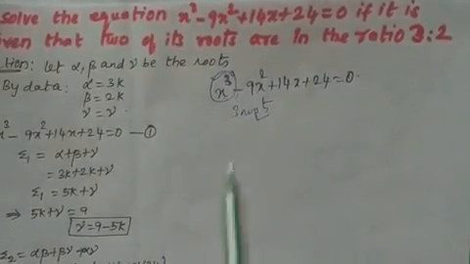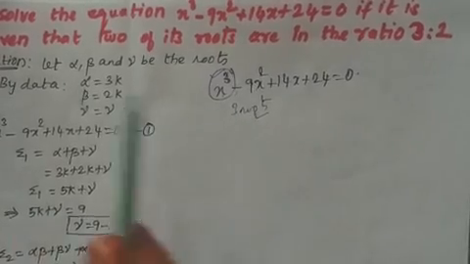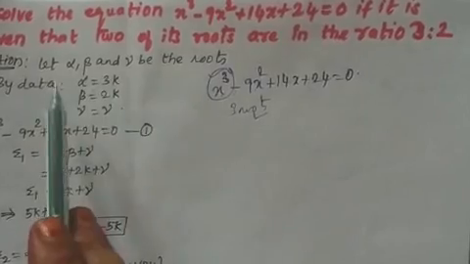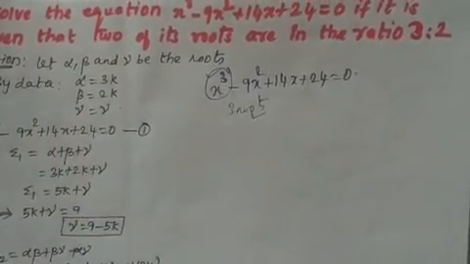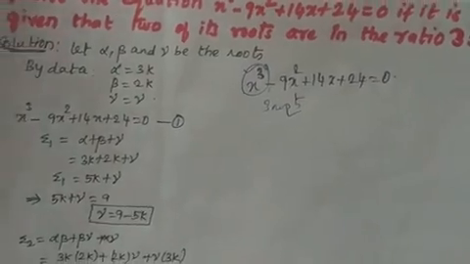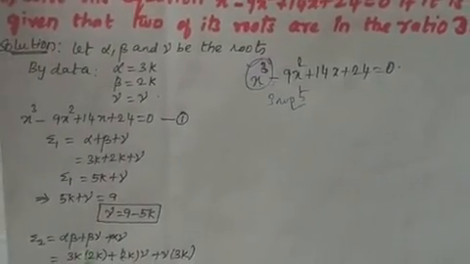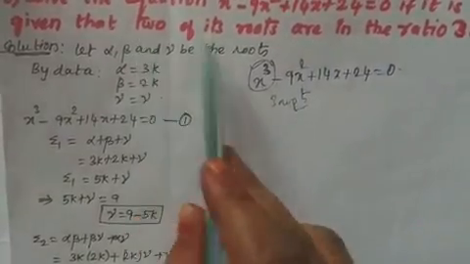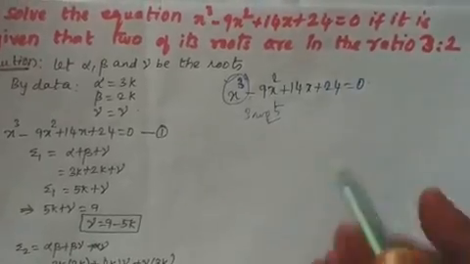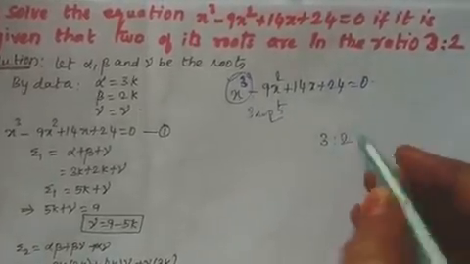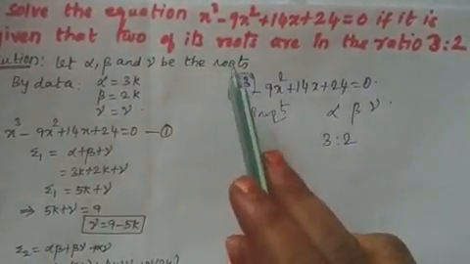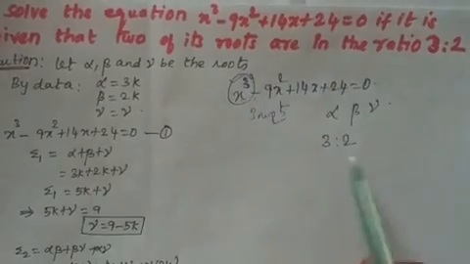So how to proceed with the problem? It has 3 roots. So I am taking the 3 roots to be alpha, beta and gamma. So I have written let alpha, beta and gamma be the roots. Next, what was there? Listen. When a condition is posed there, what was the condition? 2 of its roots are in the ratio 3:2. We have 3 roots, alpha, beta, gamma. They are given 2 of its roots to be in the ratio 3:2.